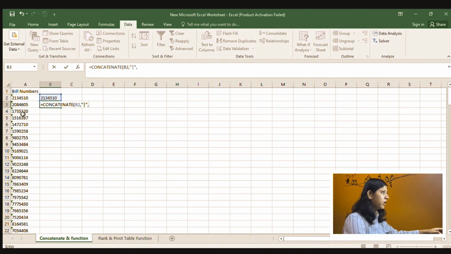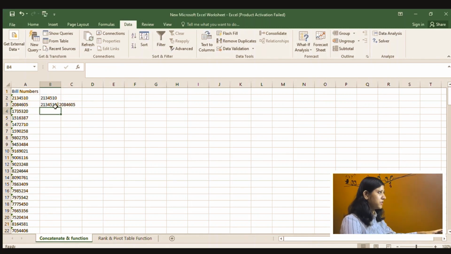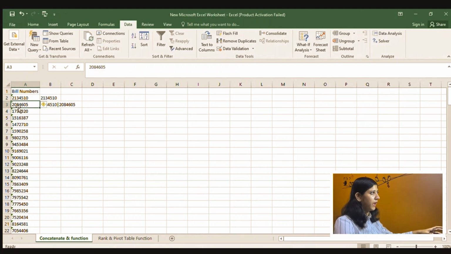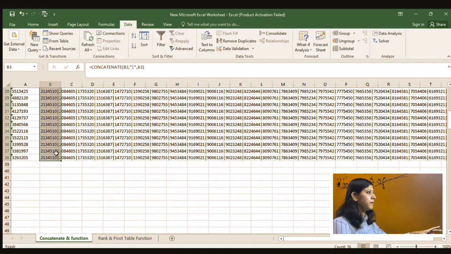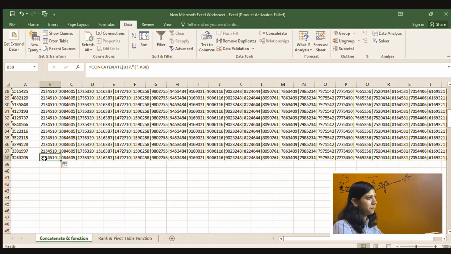Then I'll put a comma again, and then I'll put this number A3. Now I'll close the bracket and press enter. Once I press enter, you can see that this number and the A3 cell have been selected. Now I'll drag and drop this one, so I'll get the entire series here. I can clearly copy this series and put it in my ERP or any software that I'm using and get a single